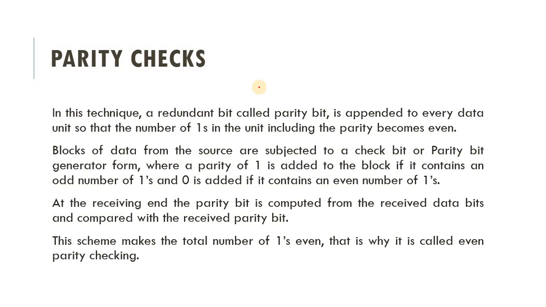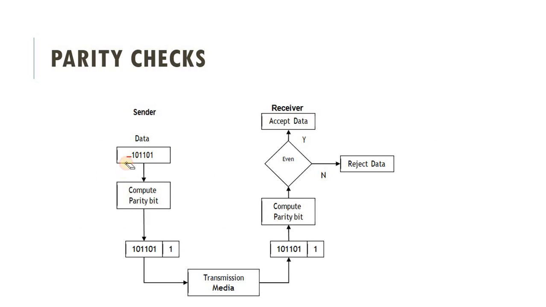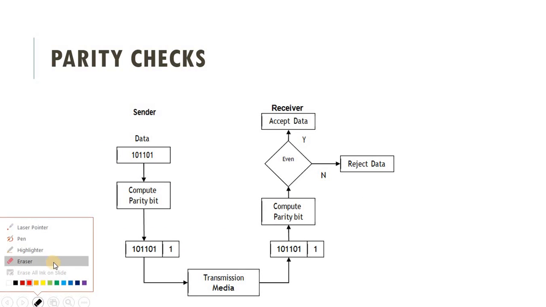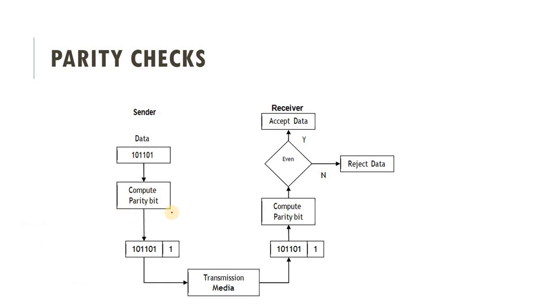This scheme makes the total number of ones even. That is why it is called the even parity check. So let's understand it with an example. The data is 101101. Then we'll compute the parity bit and add it at the MSB place. So here we are adding the parity bit 1 at the MSB place,